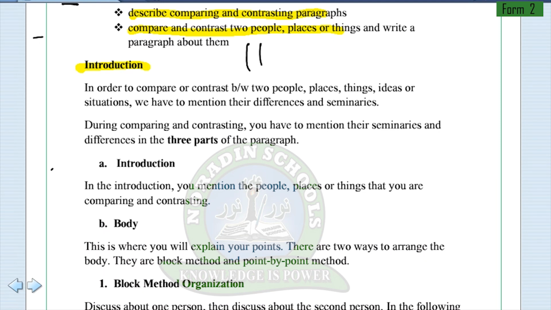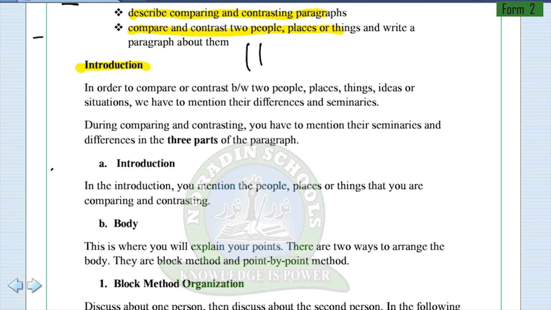Introduction. In order to compare, that means we started to compare and contrast paragraphs. In order to compare or contrast between two people, you and your friend, two people that you know, in order to tell the similarities or the differences between the two things you are comparing,